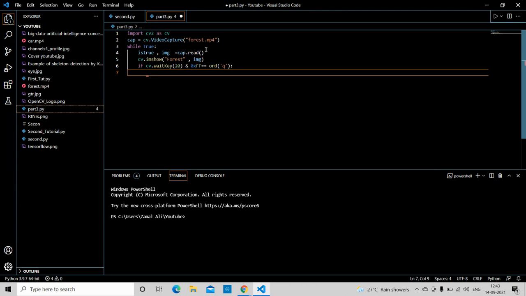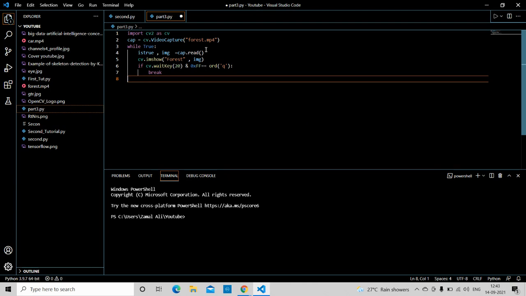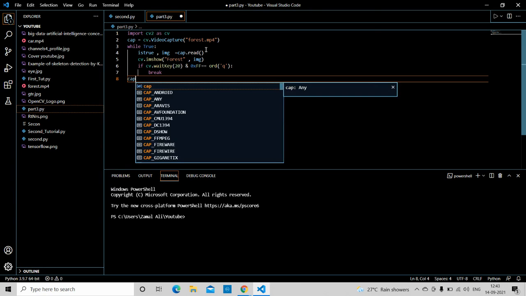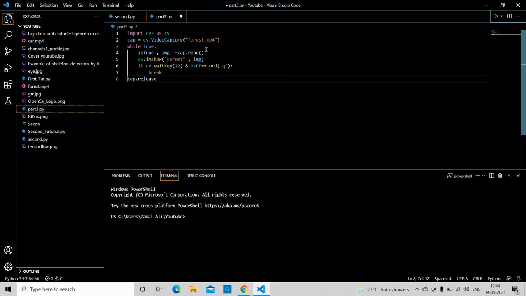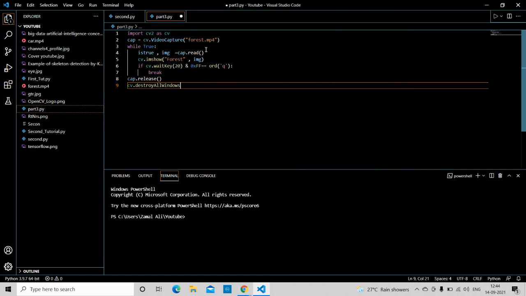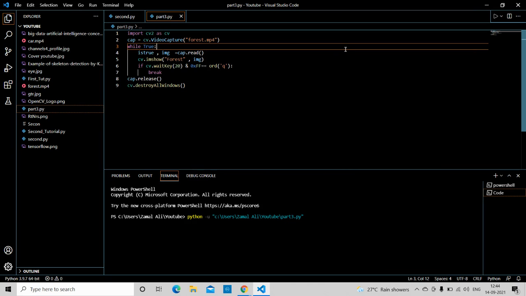You have to break the loop for this condition. I have explained all these in my previous videos. If you are not able to understand what I'm doing, then please do check out my previous videos. Now what you need to do is release the values that you have just stored, so cap.release, then we show all the windows. Now if I just run the code,